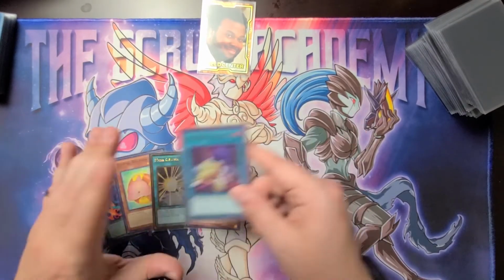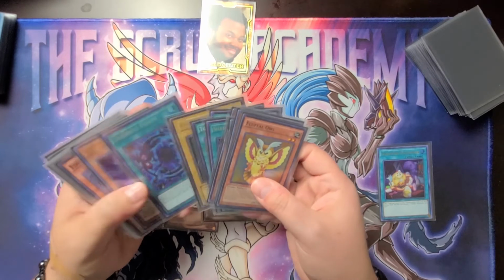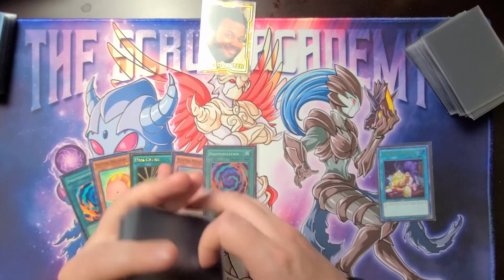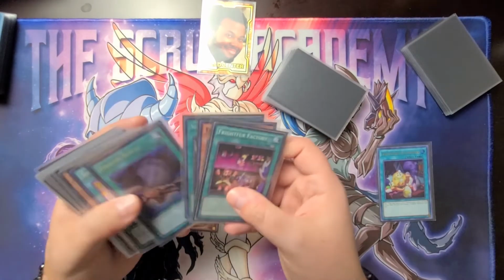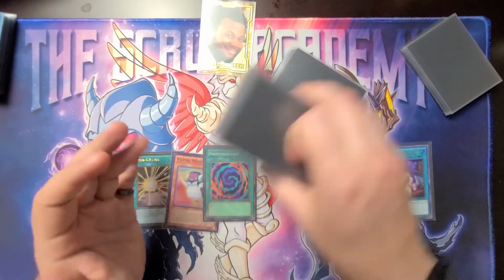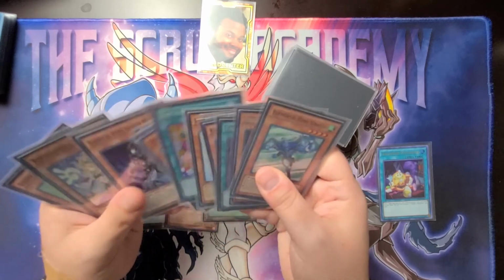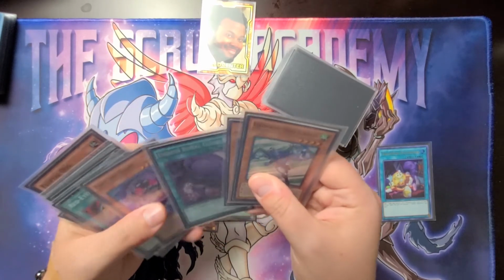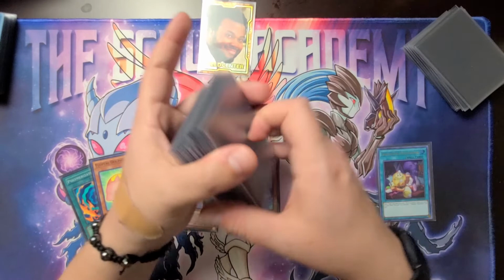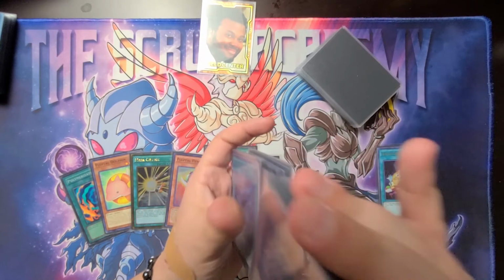So let's go ahead. We will activate the Patchwork first, adding a Polymerization, and from here, do I want to add the Chain or do I want to add the Sabers? That's the big question we're asking ourselves, because if we add the Sabers, we're good to go for that play. Chain can get us another Surge if we need to. I feel like a lot of times we're going to go with the Chain and see what happens. If we end up needing the Sabers, we're going to go back in time and pretend like I added that, you know, for fun. Because this way we can get more